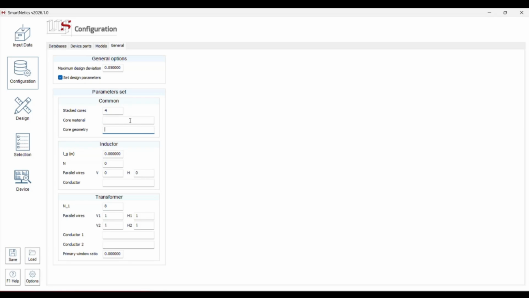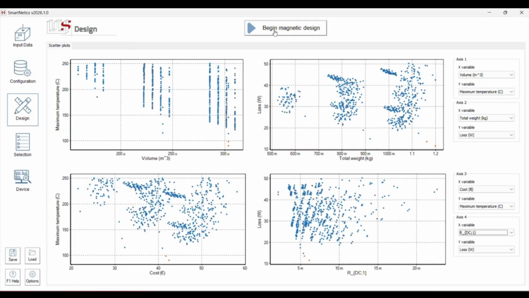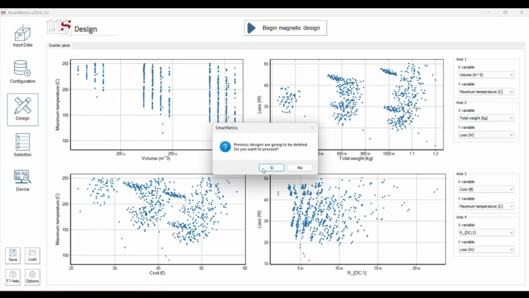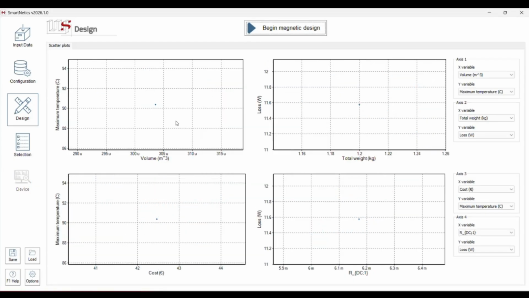And in this case, since we are only allowing 1 core material in the database and 1 core geometry, we don't need to set that to any value, okay? So now, if everything is set, when I click on design again, instead of hundreds of possibilities, I will only have one, because now there is a single combination that matches everything that I have set the tool to. So when I click in here, I have a single one, okay? This is the same one I had before.